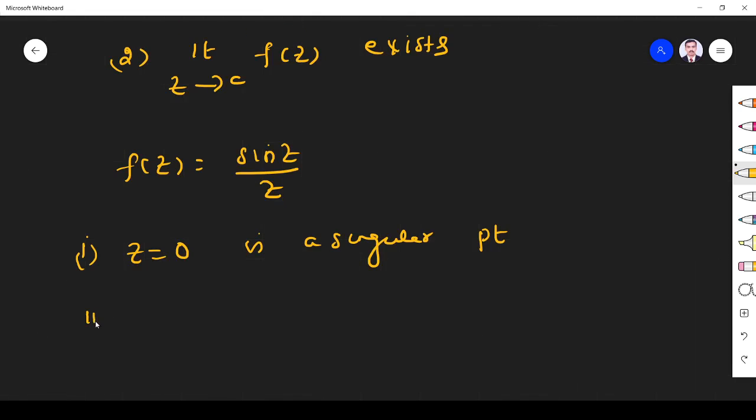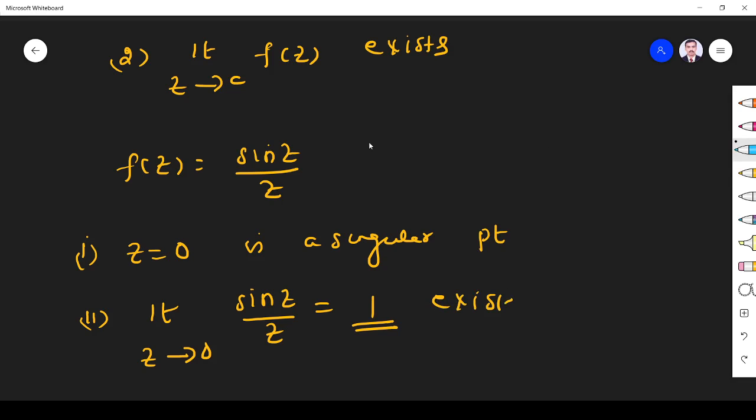Second condition, limit z tends to 0, f of z is sin z divided by z must exist. We know limit z tends to 0, sin z by z is equal to 1, it is existing. So from this we can say z is equal to 0 is a removable singularity,